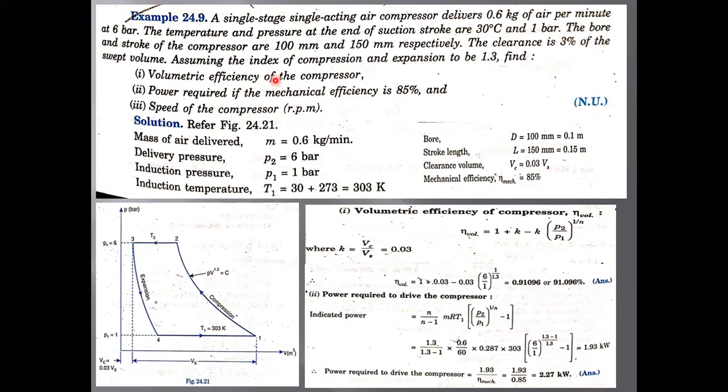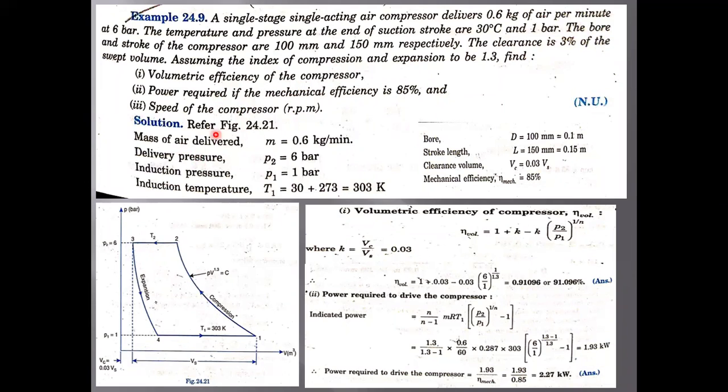So first of all, while seeing the problem, just go through it, and definitely you have to write the given data. First of all, whatever he has given, write that given data, and after that, whatever he has asked, write accordingly the formulas we have. To find out volumetric efficiency, there will be several formulas. So whatever he has asked for, write the regarding formulas here, right? So what is the given data?